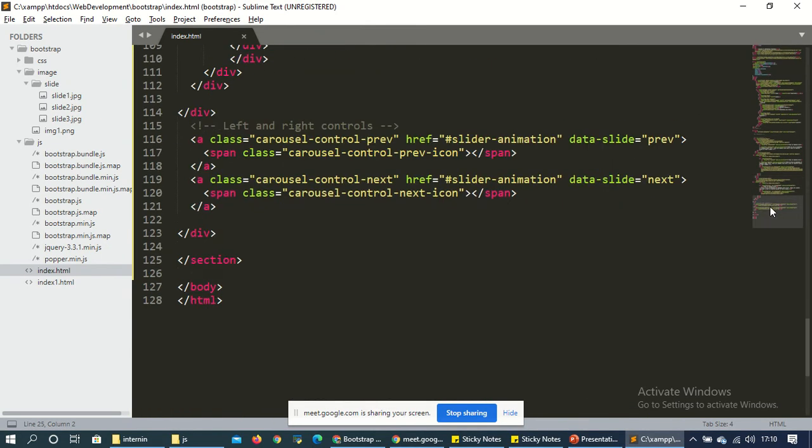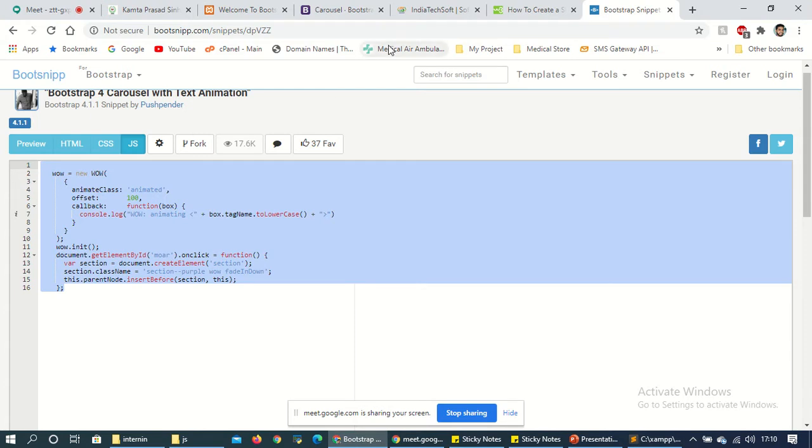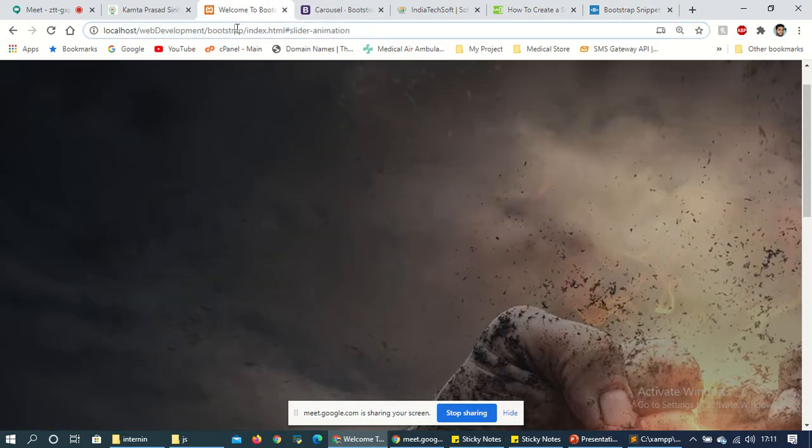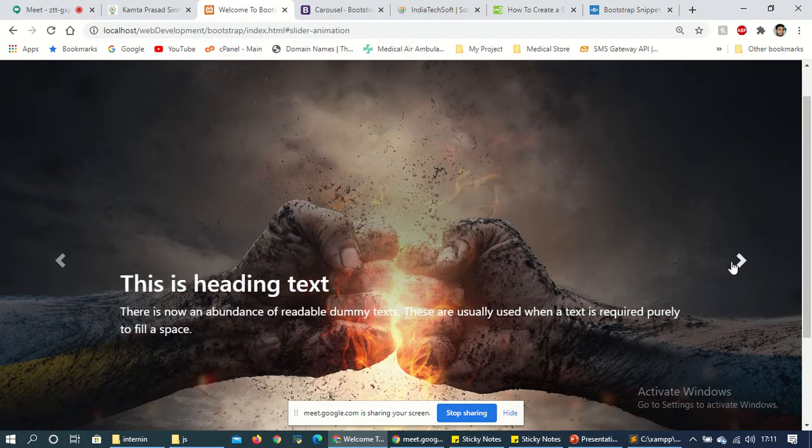Go to the bottom of the page, and after this section give script tags, and here paste that code. Okay, because it is animated. So now come to this. See, now it is working. The text is coming.